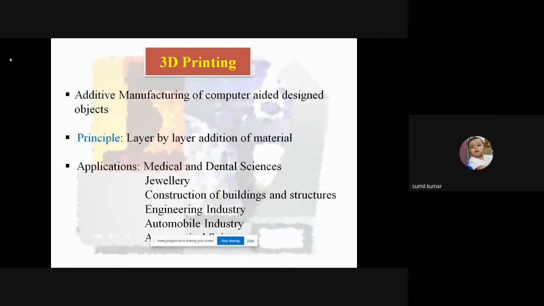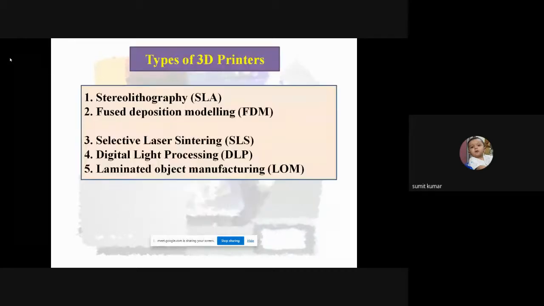The materials used in 3D printing are resin, or a spool of wire in FDM printers. These technologies have huge application in medical and dental sciences, the jewelry industry, constructing buildings and structures, the engineering industry, automobile, and the aerospace industry.